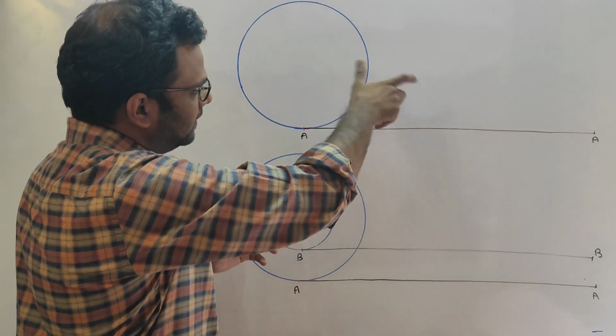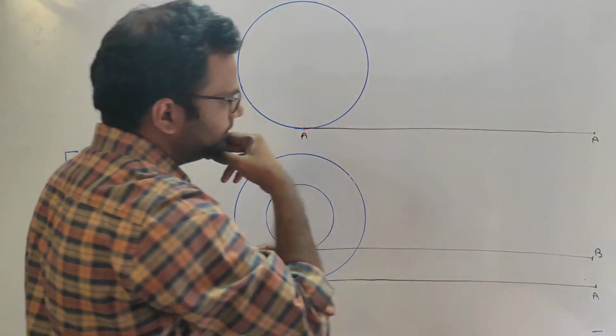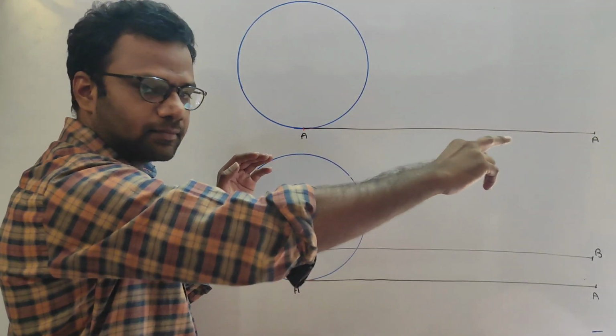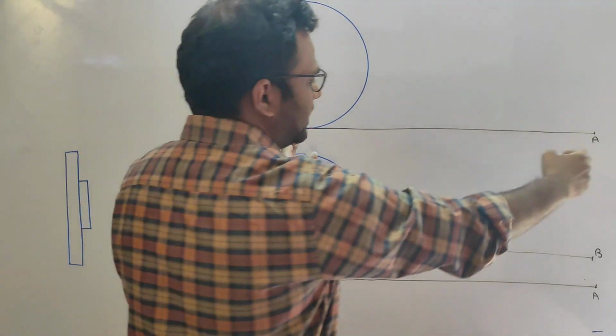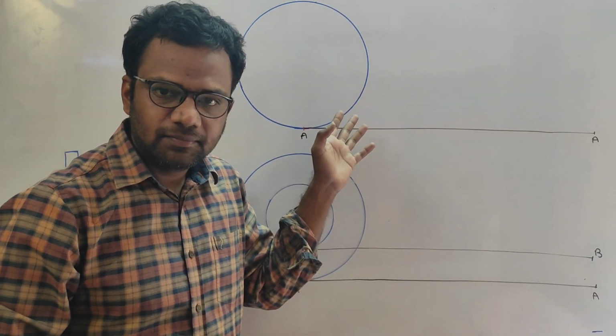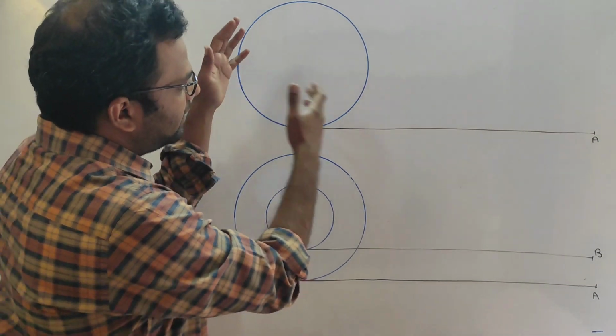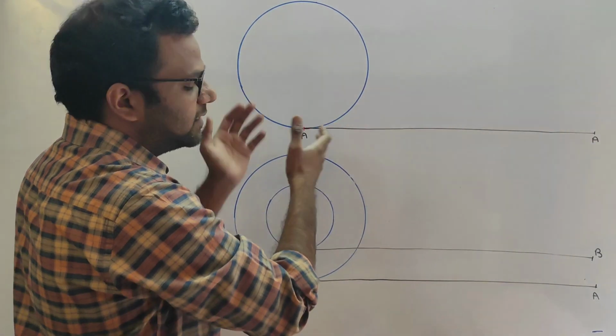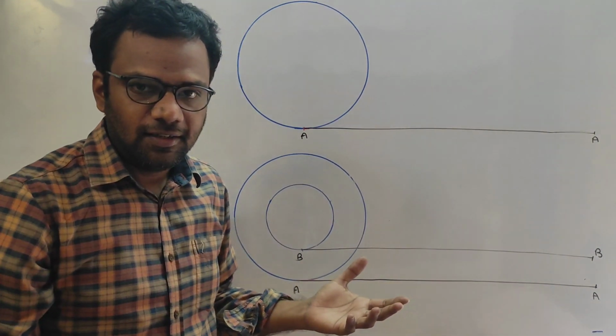I have to roll it such that it performs one complete rotation. So that black paint will trace this path along that surface. By measuring this length, I can get the circumference of the disc. Greater the radius of the disc, more will be the circumference. Lesser the radius of the disc, lesser will be the circumference.